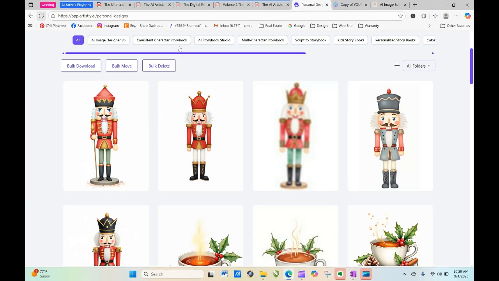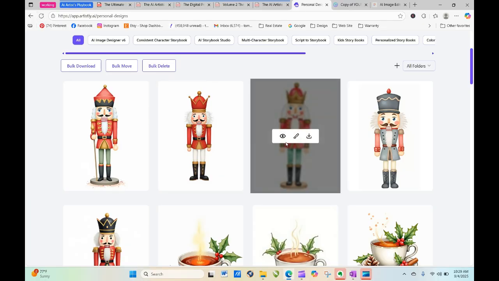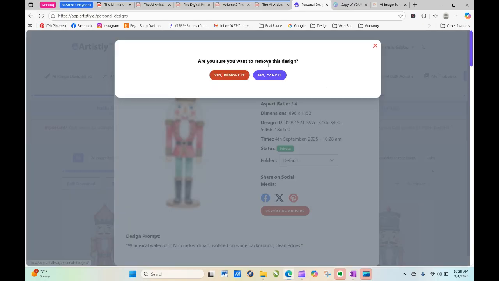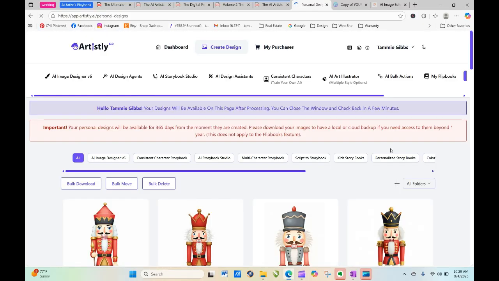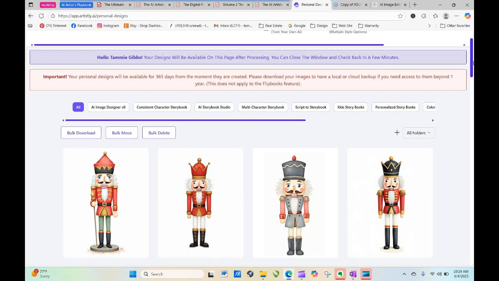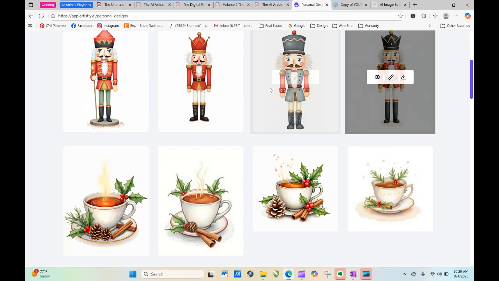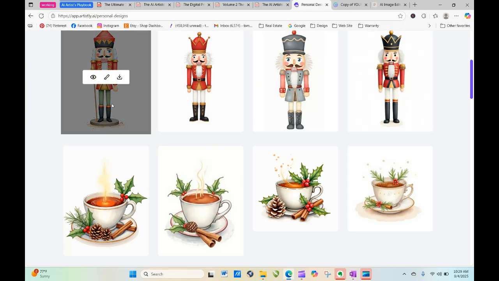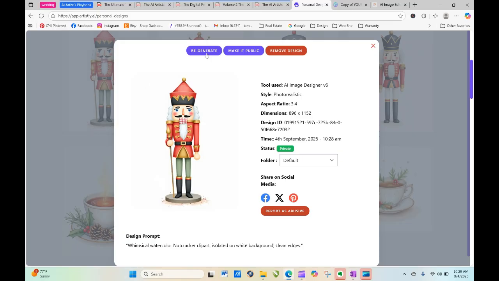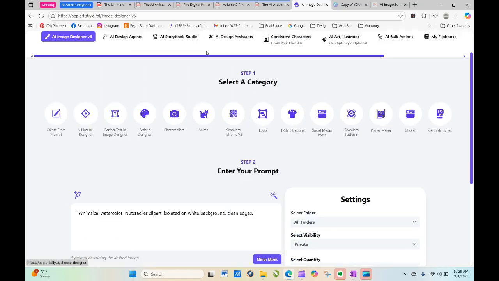Now see, that's what I was talking about. Sometimes you get one that is blurry. That's okay, no worries. So in just a few seconds, we have 4 Nutcracker images. Now, they're all different, but they're all red. So let's just say we want to do 4 that are in the red colors, but now we want to go over